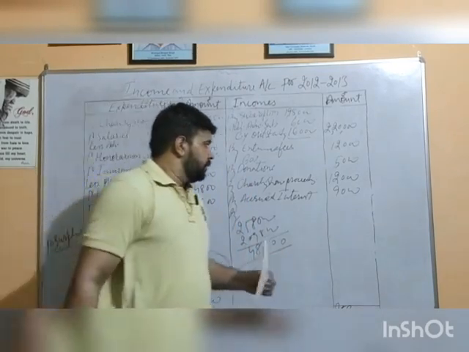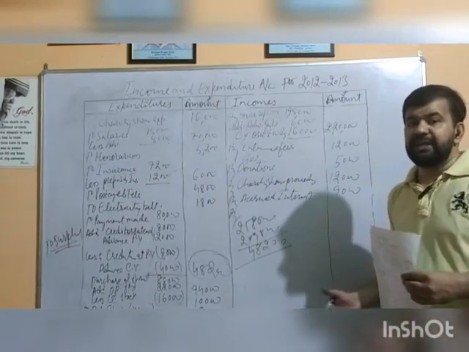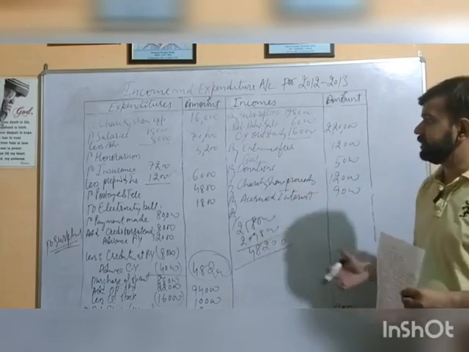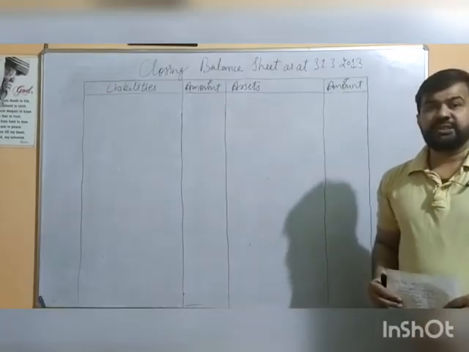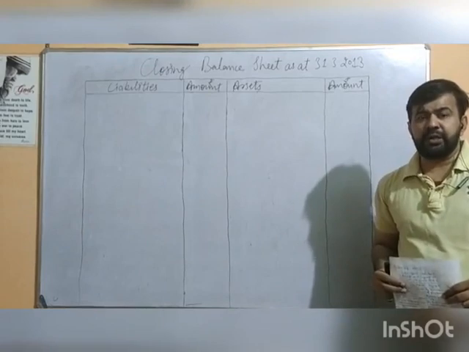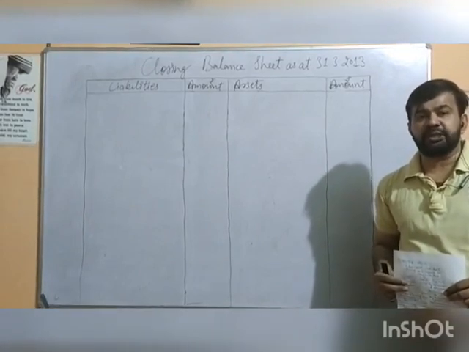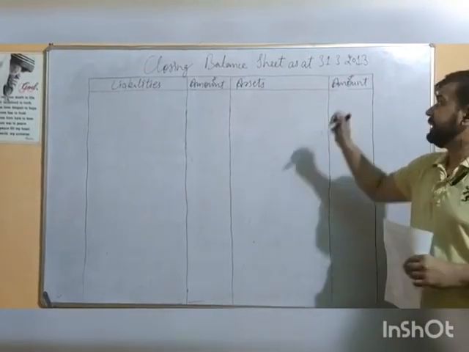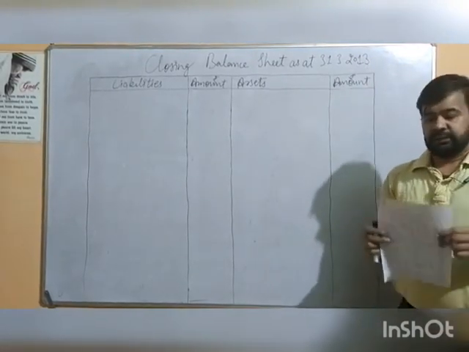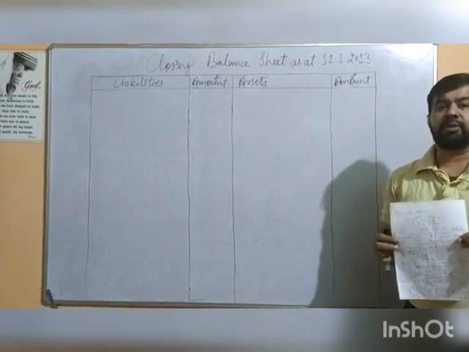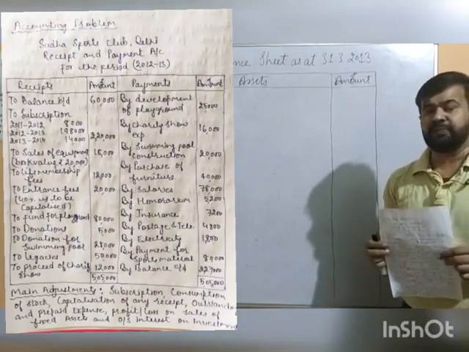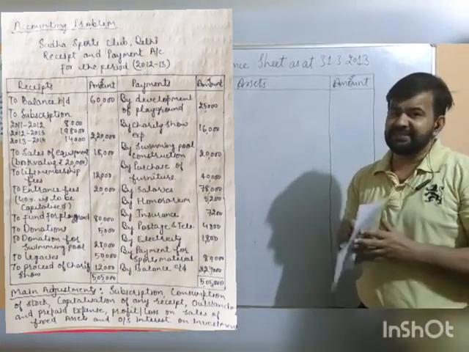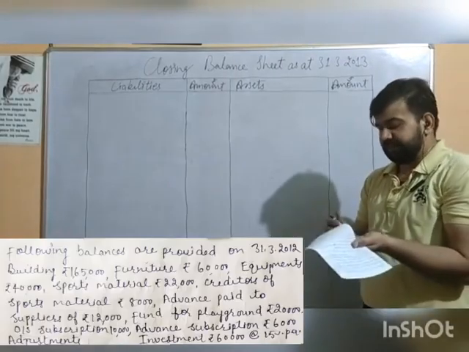Here, we are to develop our final balance sheet or closing balance sheet with all the balances and adjustments given. I'm sure that you have understood it better. Students, after we are done with our income and expenditure account and we are provided with a surplus of 48,200, now we are going to make our final balance sheet, that means closing balance sheet, to be prepared on 31st March 2013. The details of this numerical are visible on your mobile screen, so keep reading along. Very first, we are to take those balances which we have shown in our opening balance sheet as they are, then we will consider our adjustments.